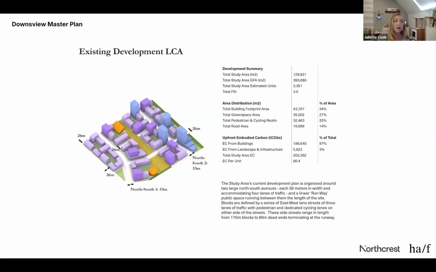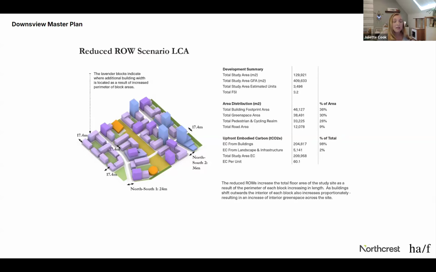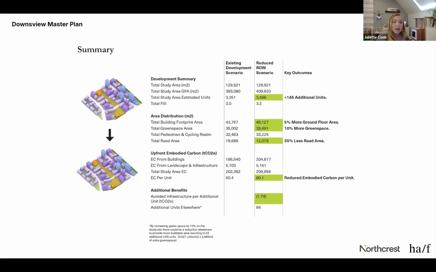And so we established the baseline metrics of the current design, and then compared this to the results from implementing those changes, namely increased floor area and green space on the interiors of blocks as to site. And so Downsview really demonstrated the potential for master planning where infrastructure, pathways, and landscape elements could be designed for lower carbon impact, where the public realm could serve both environmental and social goals.